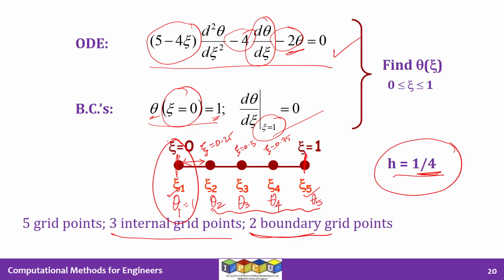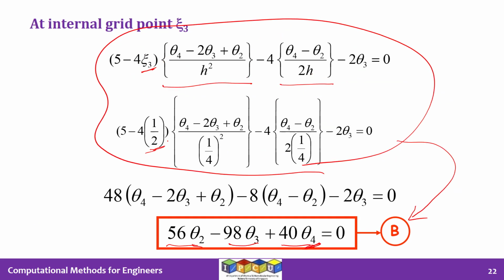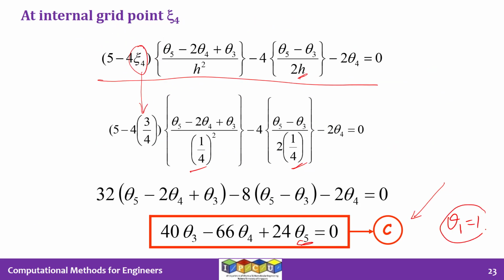So this is theta 1 at psi 1. So theta 1 is equal to 1. So that gives one clue. Because with three equations and five symbols, we know we need two other clues in order to solve the problem. So we have gotten one of the symbols. So now the unknown symbols are theta 2, theta 3, theta 4, and theta 5. And still we have only three equations, A, B, and C. How do we get one more equation or get the value of one more symbol? Either of those will solve the problem. If I know one of the symbols, then I'll have three equations and three unknowns, so I can solve it.